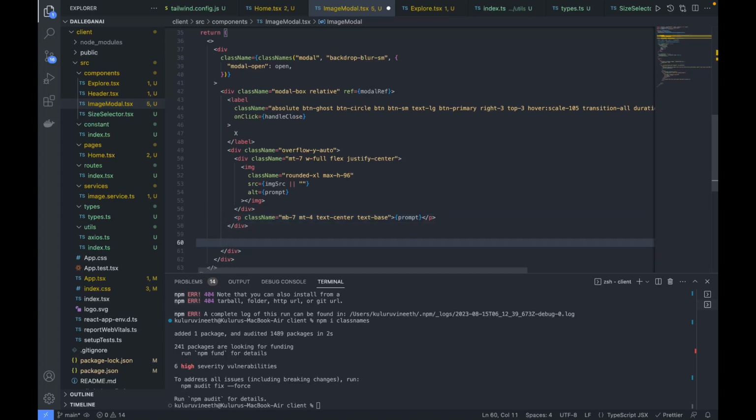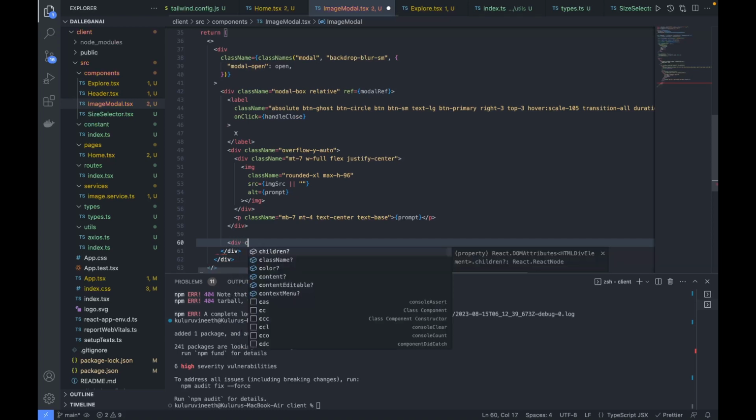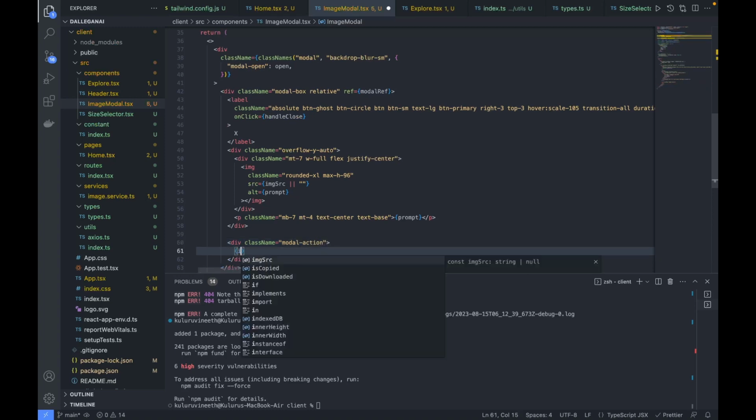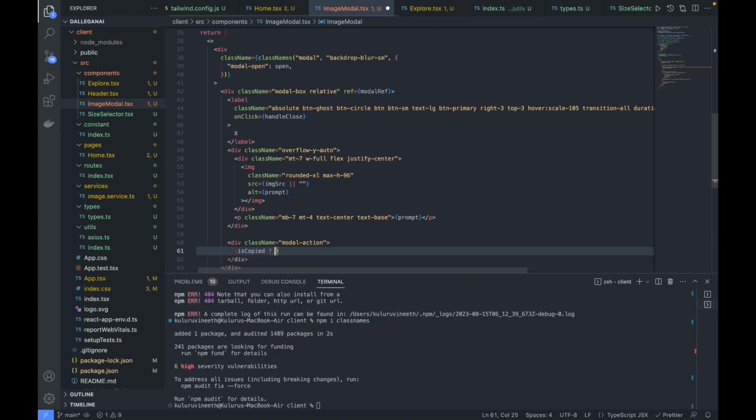Next, right after this div we will have the buttons, like for the copying and downloading. Okay, so let's wrap this inside the div. Let's make this to be model action. Based on is copied, if this is true, we will have to display one button with SVG, and if not, we'll have to display one more button